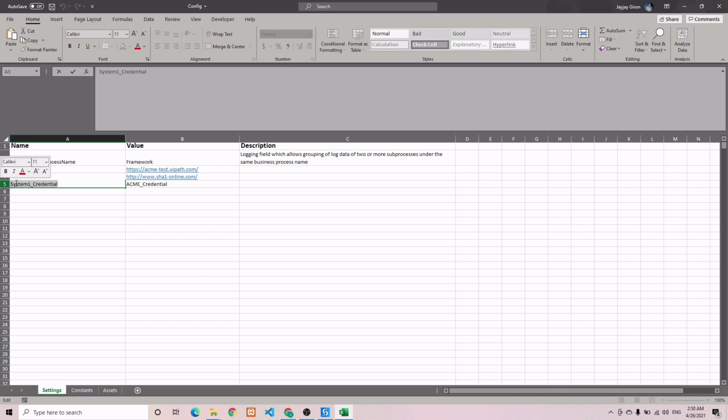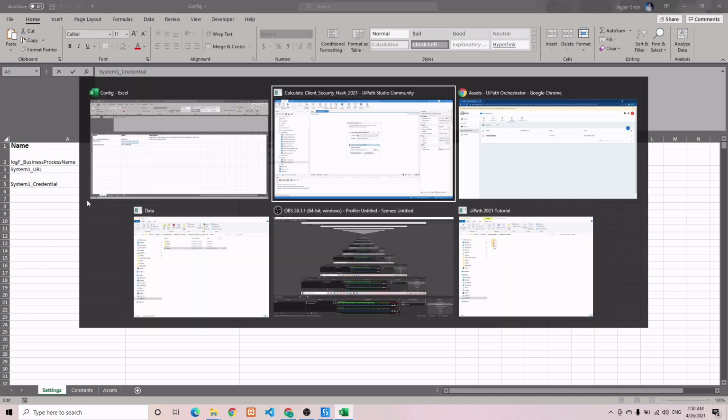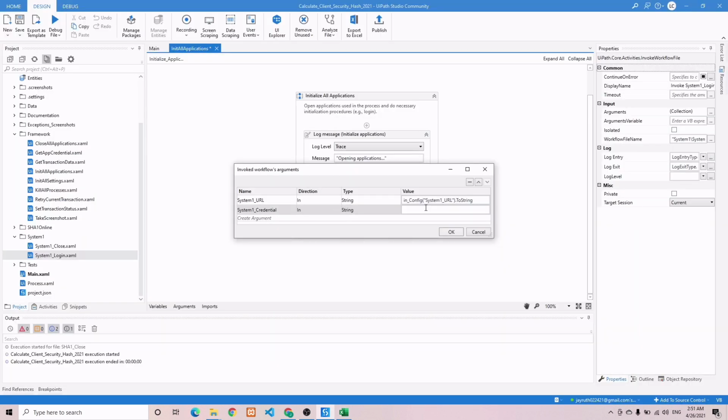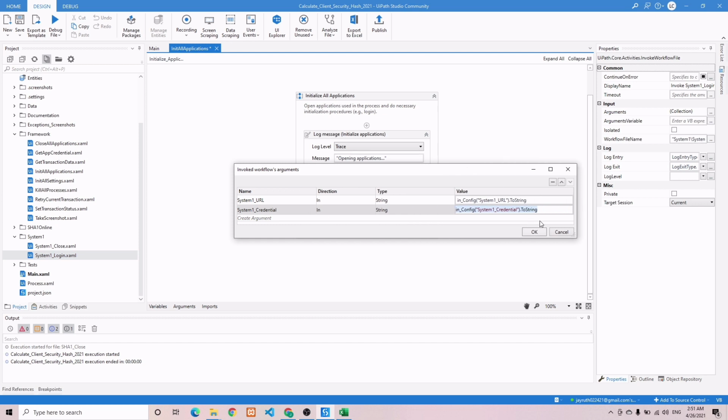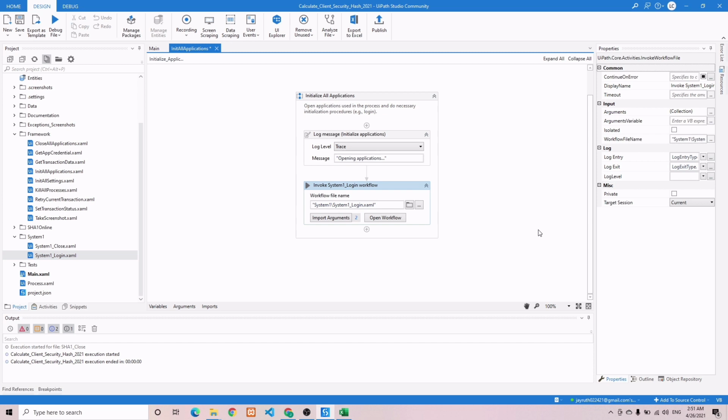So copy that name and then assign that in here. Assign config that system1 credential dot to string. So I hope that is clear. Hit OK after that. And then the next thing is